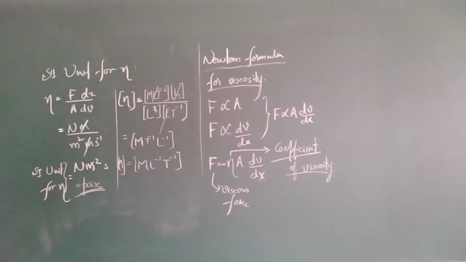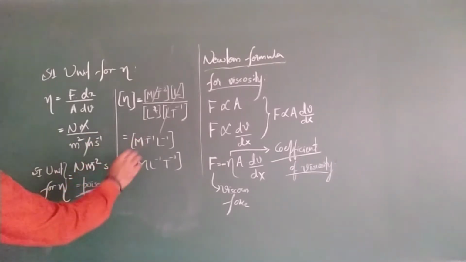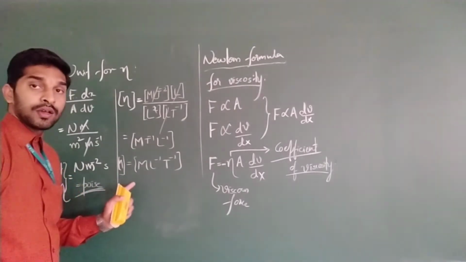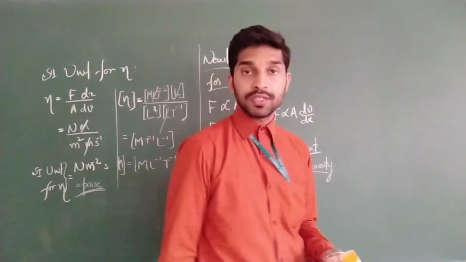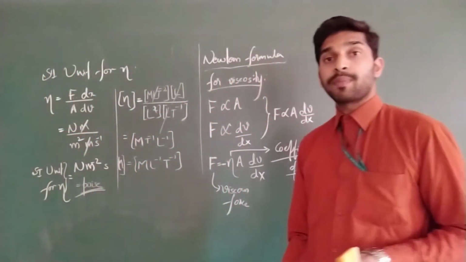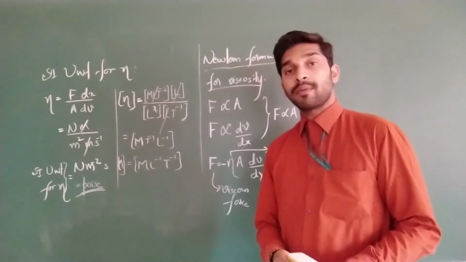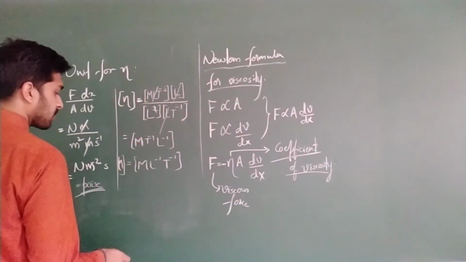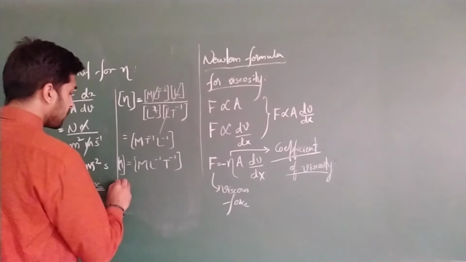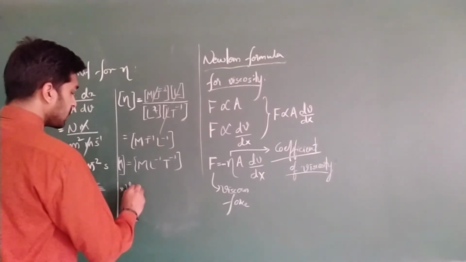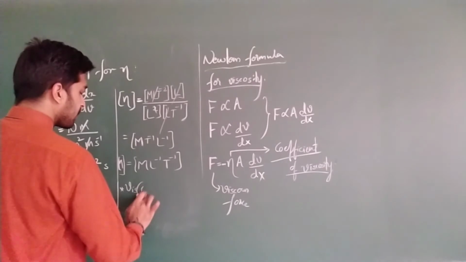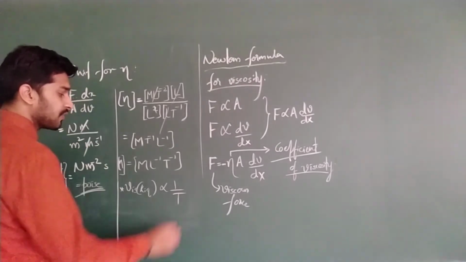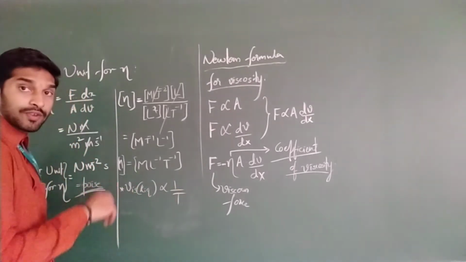And this is viscosity. This coefficient of viscosity varies inversely with temperature for liquids. If the temperature of the liquid is higher, it will have a lower viscosity value. Viscosity in the case of liquids is inversely proportional to temperature. Clear? If temperature becomes maximum, viscosity becomes minimum.